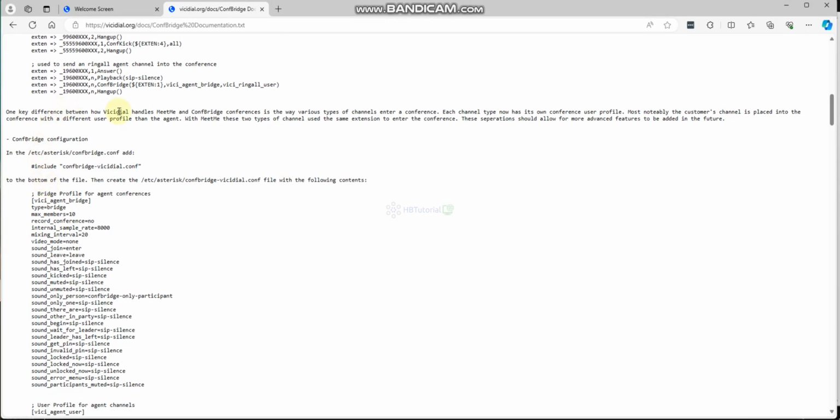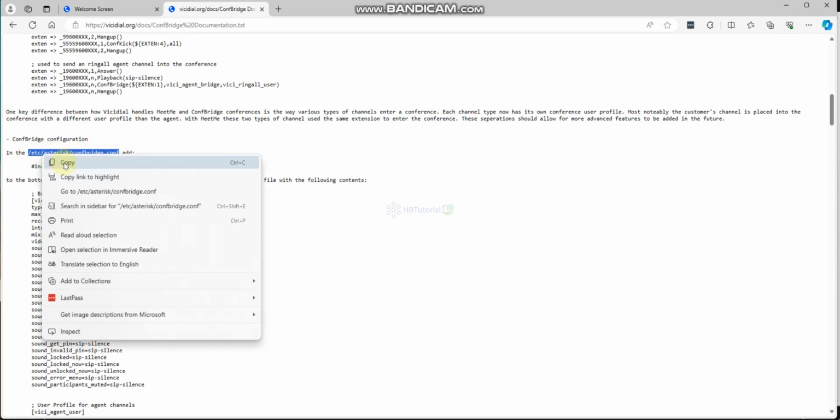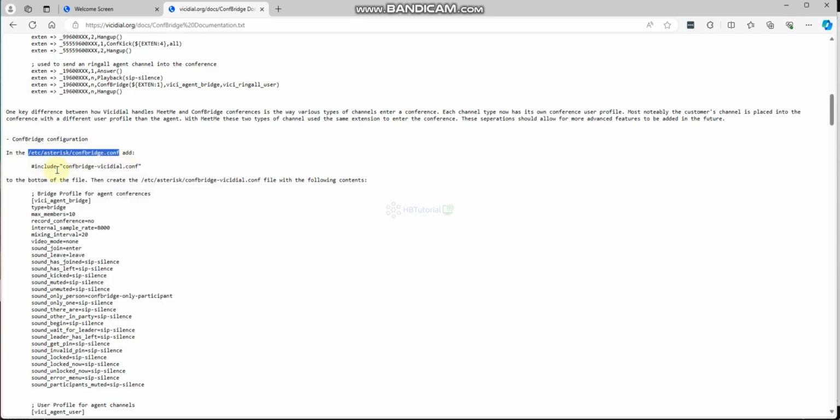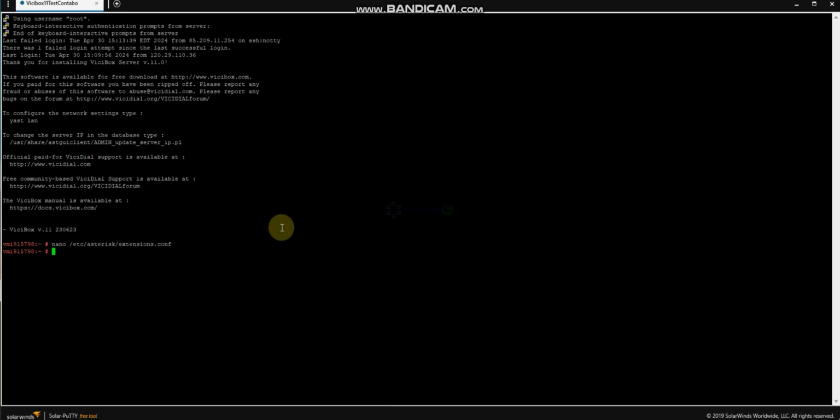Next, the Combridge configuration you need to add. In the dial plan asterisk converge.conf, add this one at the bottom. So nano again.